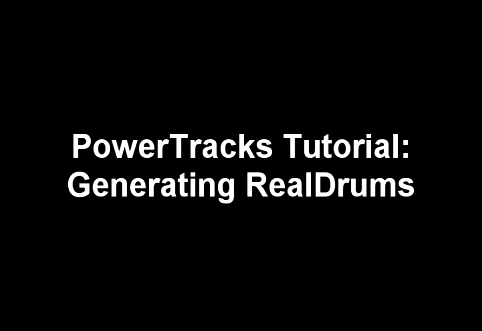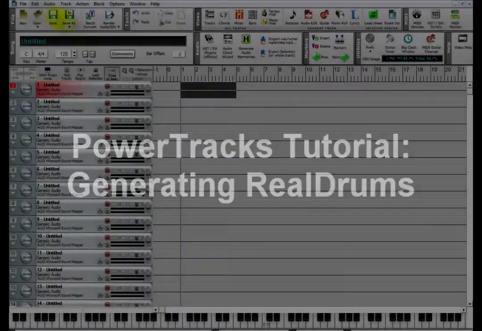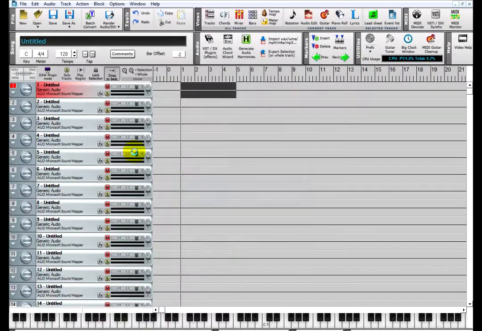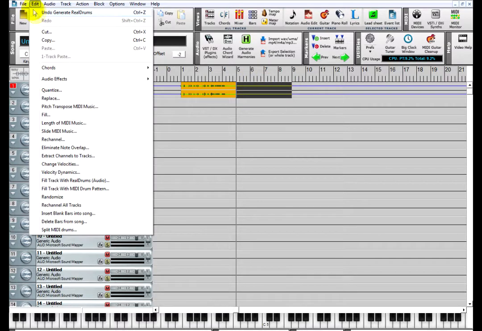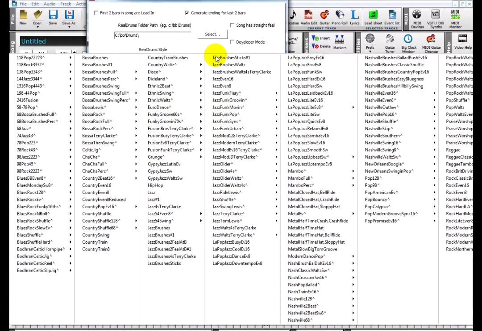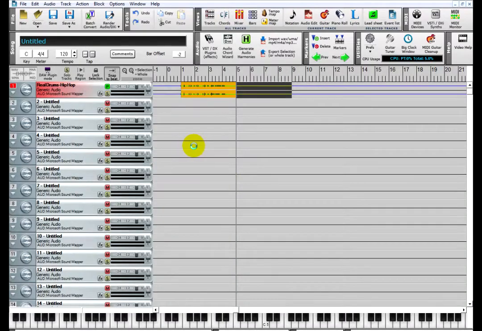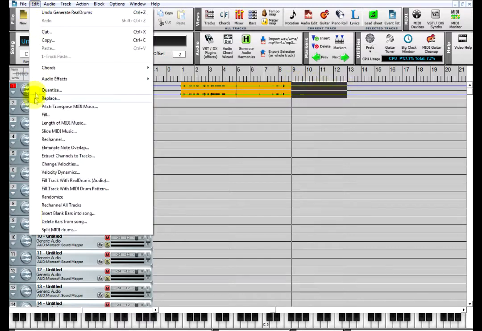PowerTracks Pro Audio can generate RealDrums. RealDrums are special drum tracks made with real drummers using real instruments and then pieced together by either Band-in-a-Box, RealBand, or PowerTracks. They are special drum tracks because they conform to your song in various ways, such as playing along to any tempo you choose, playing drum fills whenever you need it, playing different variations of a groove, or playing